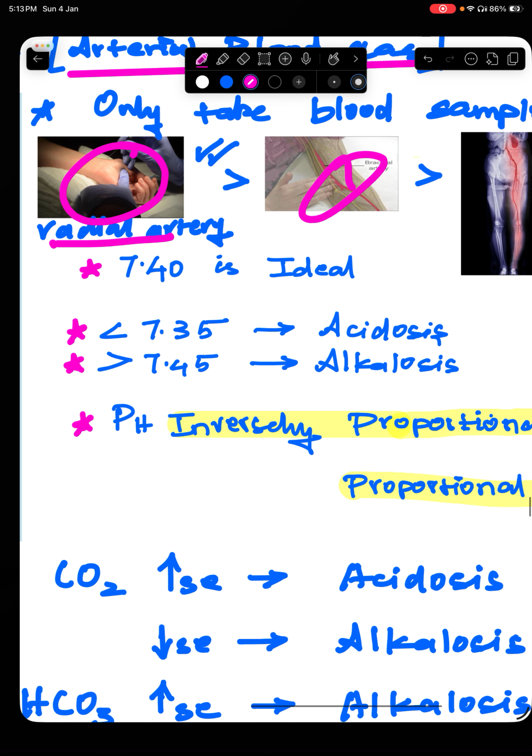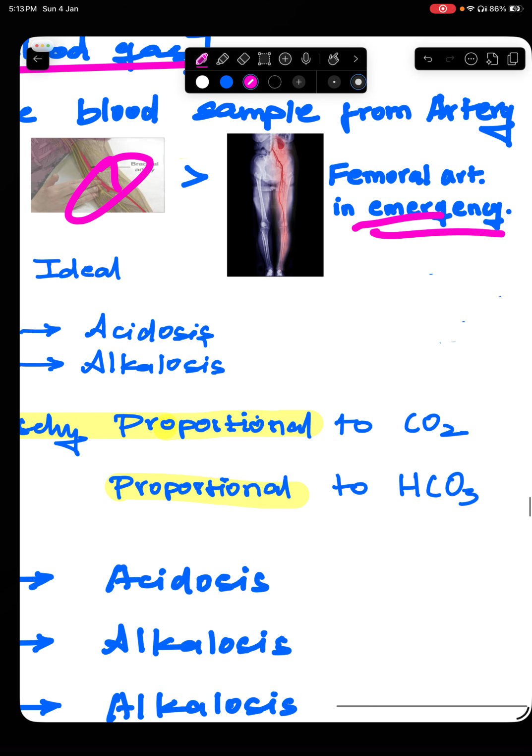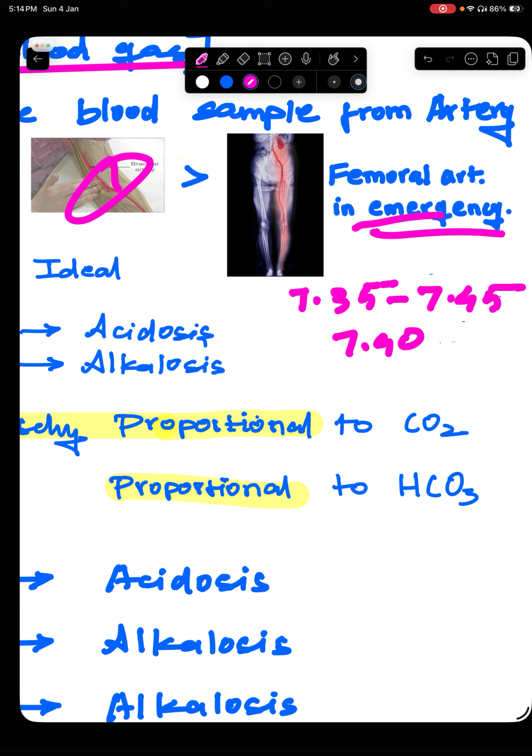Okay, the second point that you must know to crack this particular question is, what is the ideal pH for the blood? Normal is 7.35 to 7.45. Okay, what is ideal? Ideal means 7.40,